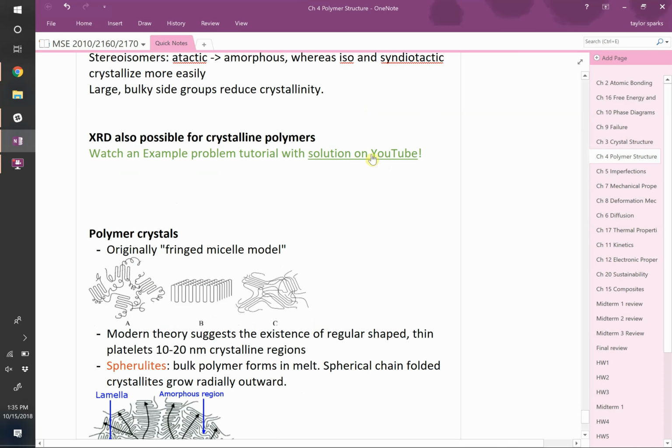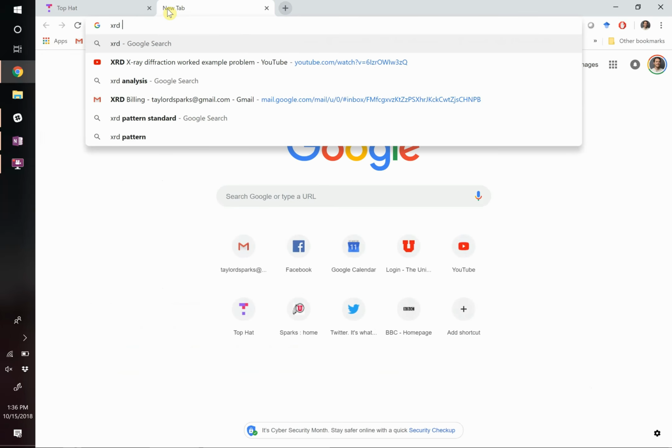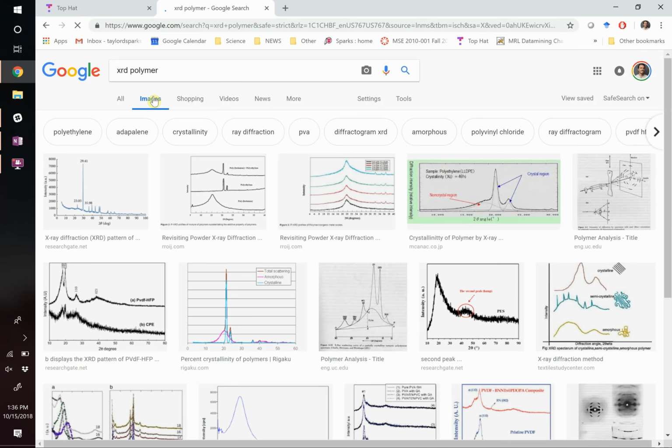Okay. You can actually do X-ray diffraction for polymers the exact same way that we did it for ceramics and metals, right? You figure out the volume of the unit cell. You figure out how many repeat units of your polymer are in that cell. You could figure out a d-spacing, right? Just like we've done before, you can do diffraction on polymers. Not all polymers will show an X-ray diffraction pattern. With XRD of polymers, it's more often than not that they don't have strong reflections. In fact, you'll see something like, oh,